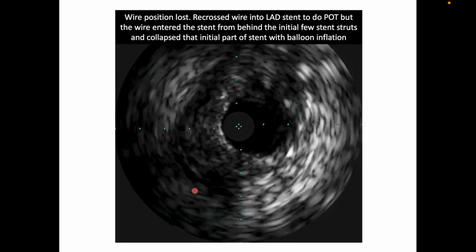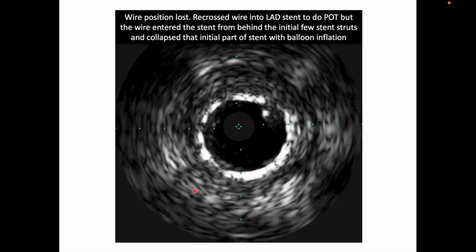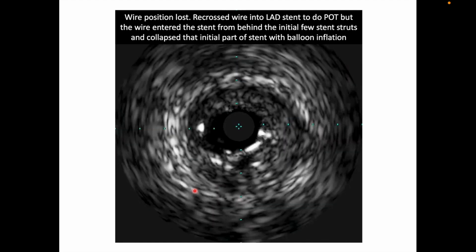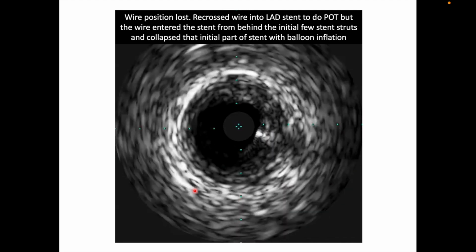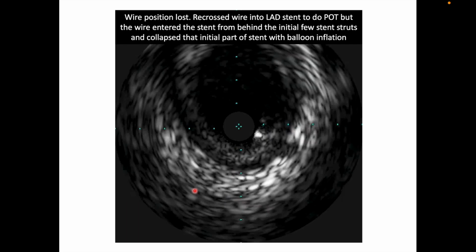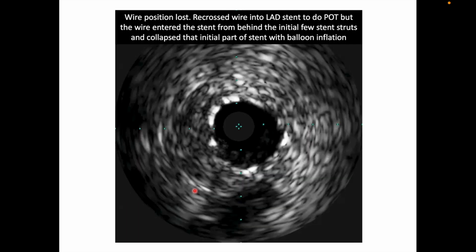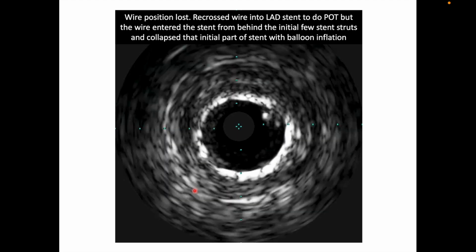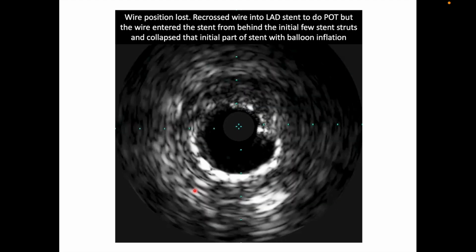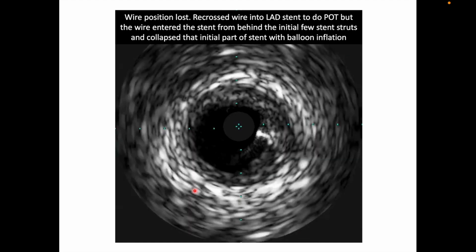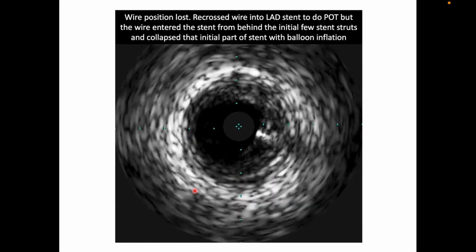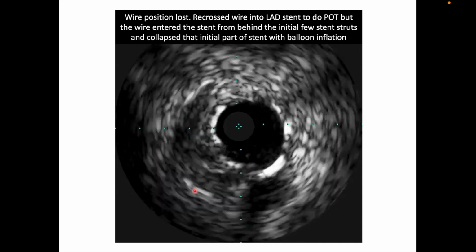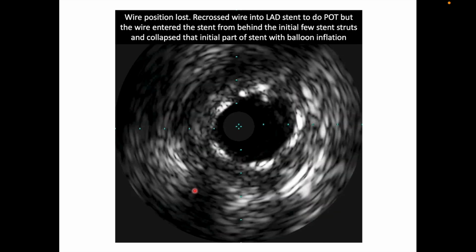So basically what happened was that the wire position was lost. After performing the culotte stenting, the wire position was lost, and we wanted to do another POT, but the wire entered the stent from behind the initial few stent struts, and then it entered into the stent lumen. And somehow I did not realize that the wire had gone behind the stent struts, and surprisingly the balloon also went in very smoothly, and it was a new balloon which we were using for the POT,